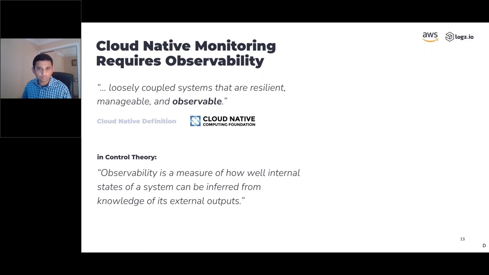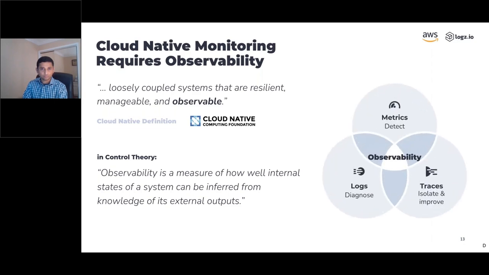But what is observability anyway? So if we go to the formal definition taken from control theory, it talks about a measure of how well we can understand the internal states of the system by knowing external outputs. And what are these external outputs when you talk about software systems? That's obviously the telemetry that our systems emit, namely the metrics, the logs, and the traces, what's known as the